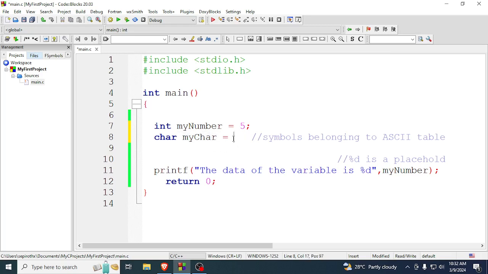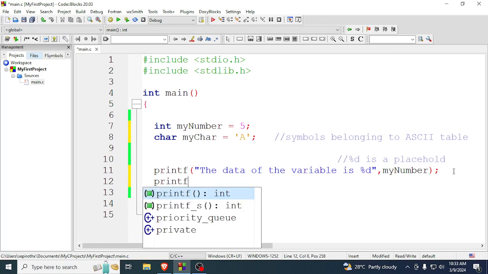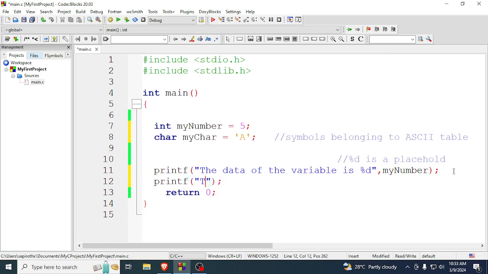So how to do it? Unlike the integer, wherein you just type the actual data, let's say our actual symbol is the capital letter A. Unlike the numbers for the integer, for a character we need to add single quotes. We need to enclose our actual data with single quotes, and still end with a semicolon. Then we just need to create another printf function here,